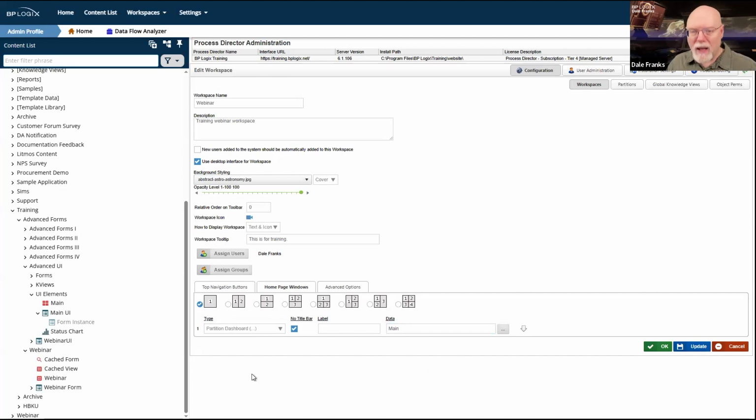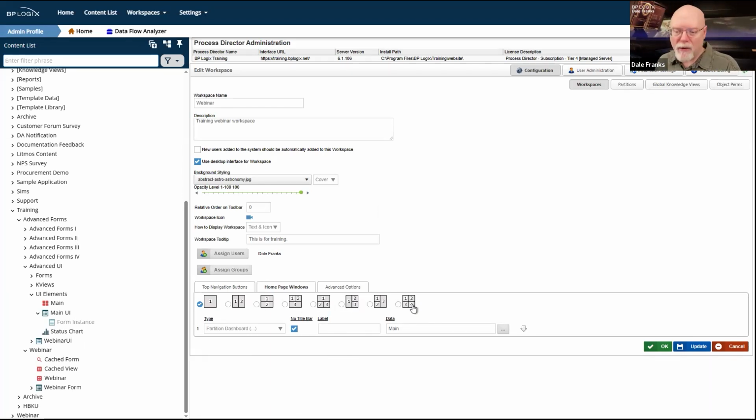So it's going to display the dashboard. The dashboard automatically displays the form, and we get to see everything that we need to see. All of our clickies and what have you, our knowledge views all work. And we're just using a form as the main UI. I know a lot of times you spend a lot of time thinking about, how do I want my workspace to look? And why do I have these constraints down here at the bottom of just 1 through 4 panels on my workspace? I want it to be different.